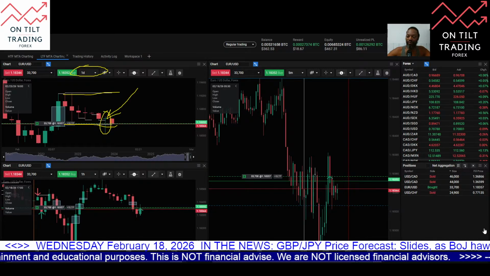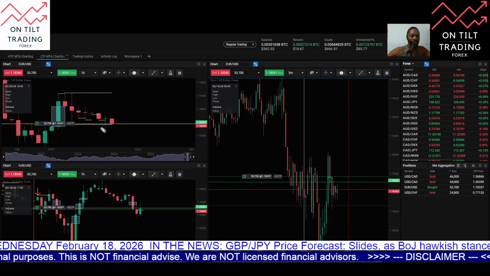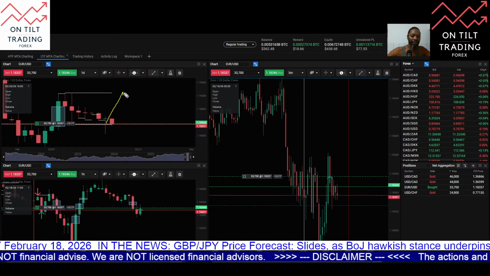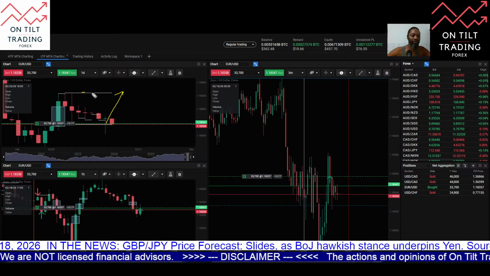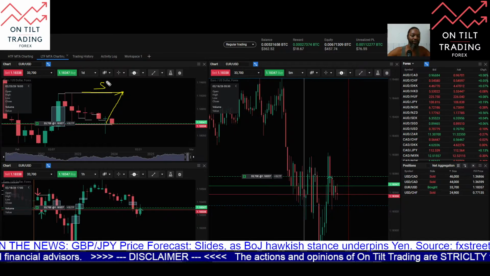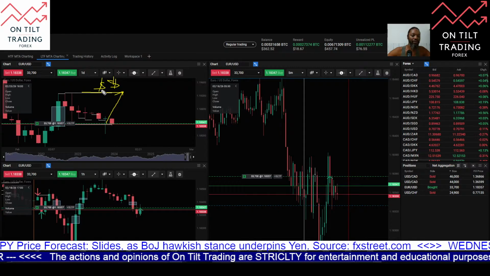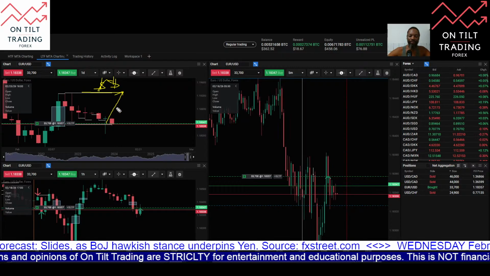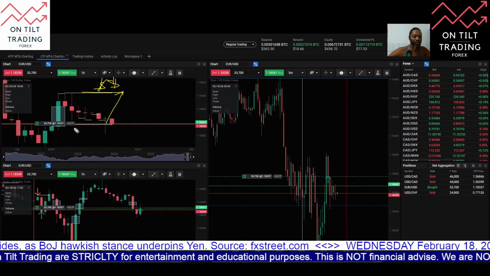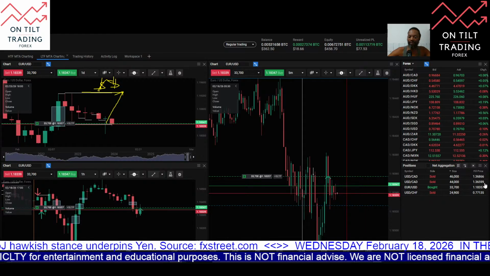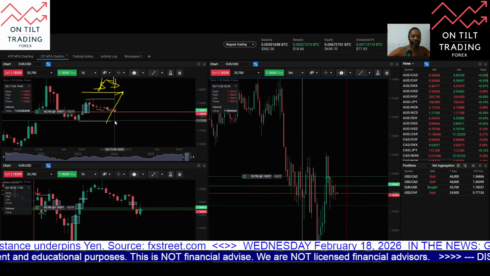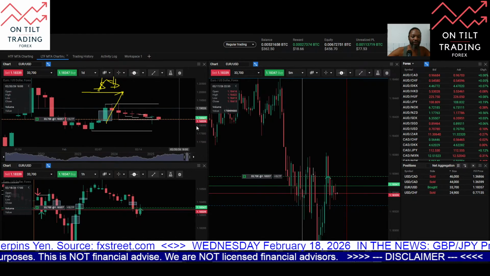So I'm looking for price to deliver back to the high end of the range, or to this swing high area where there's buy side liquidity resting up here. So I would look for the price delivery algorithm to want to return to this area. In addition to what I'm seeing here